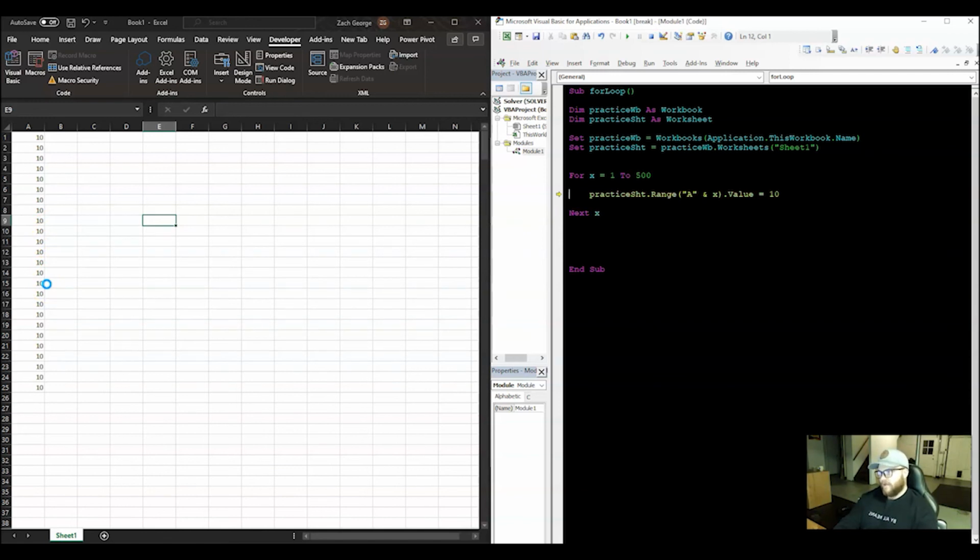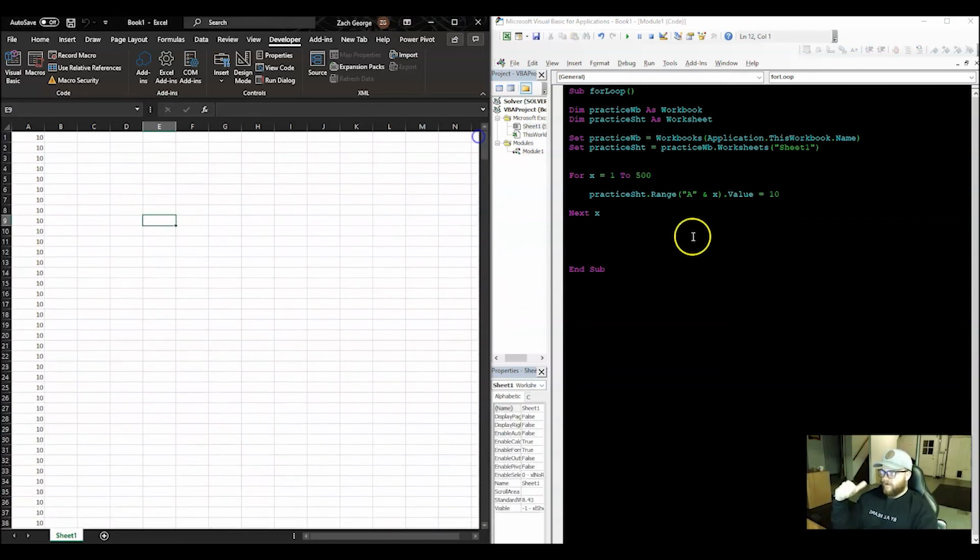So a very nifty way to learn what the code is doing, one. And two, if you ever run into an issue in the future where you have a bug or something that you can't quite figure out, you can step through this line by line by line and figure out what your variables are, maybe where the error is occurring, and so on and so forth. So obviously I'm not going to do this 500 times. So if you're happy with it, what you can do is just press this play button, and bam, it'll finish your for loop there. So very simple, very easy to set up,